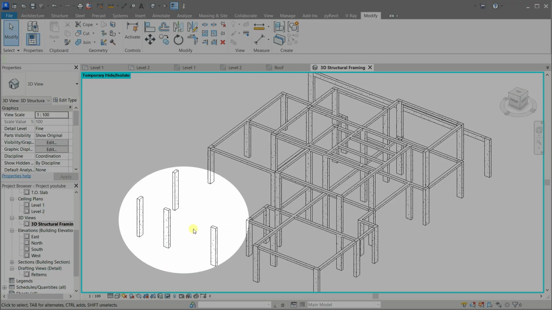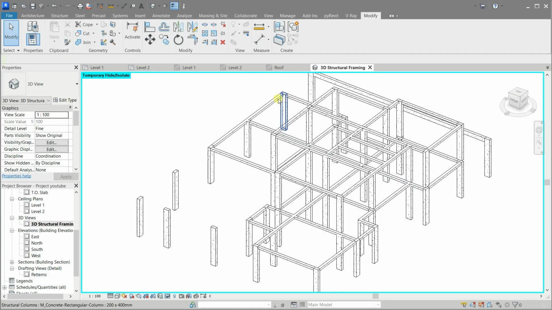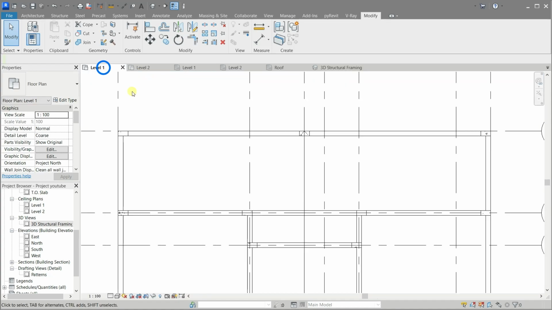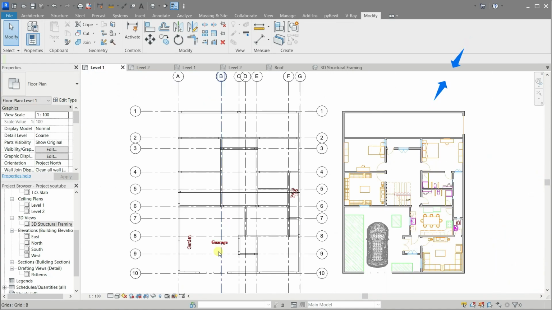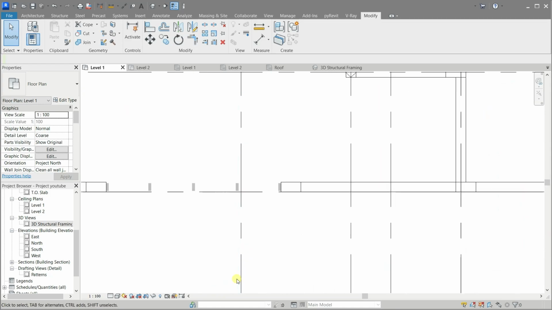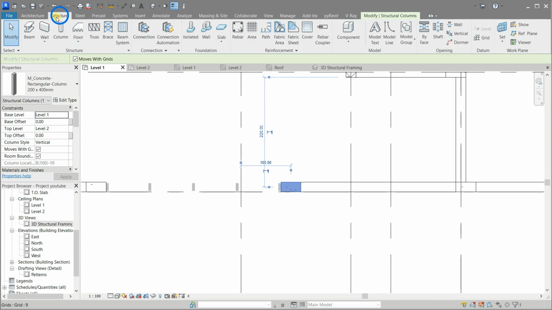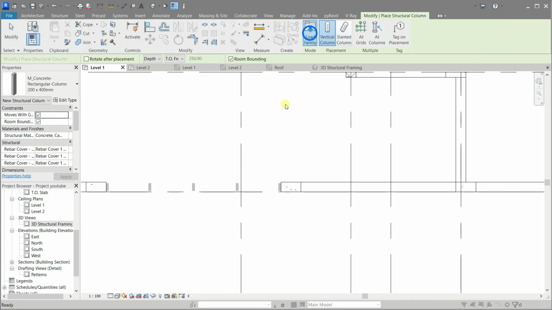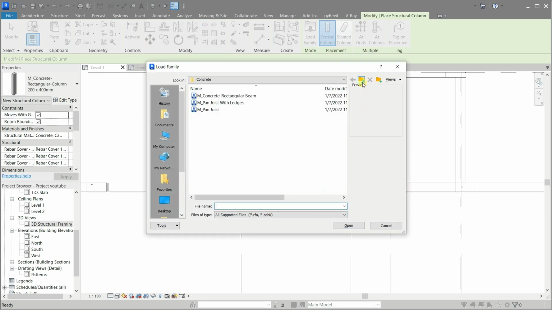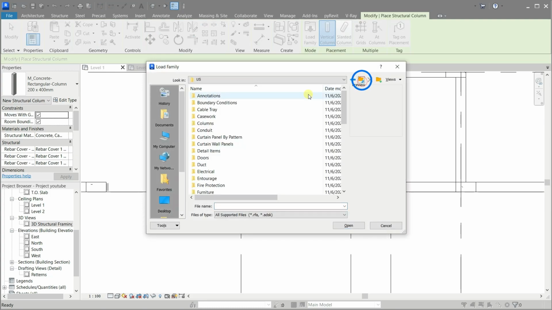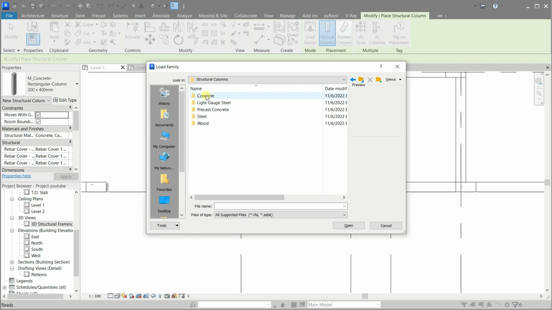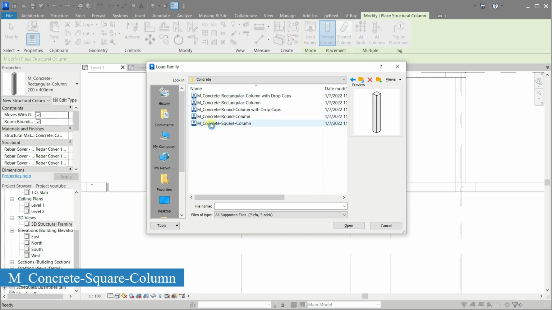Now let's deal with these external fence columns. In the Structural tab, click the column, then load the family. Go to the metric folder, in the path, US, Structural Framing, Concrete, and choose the square one.